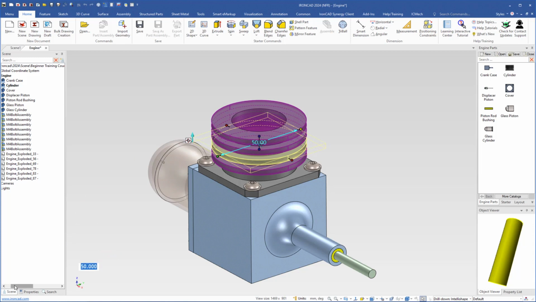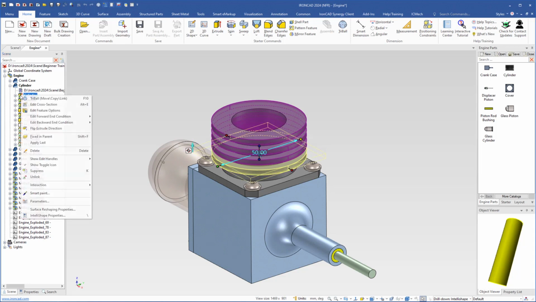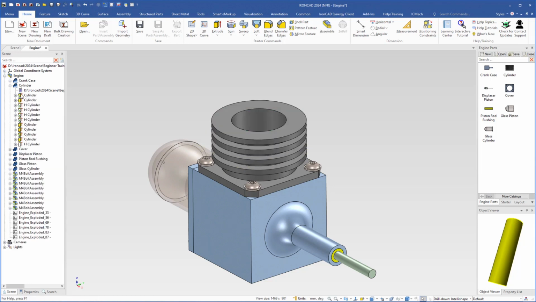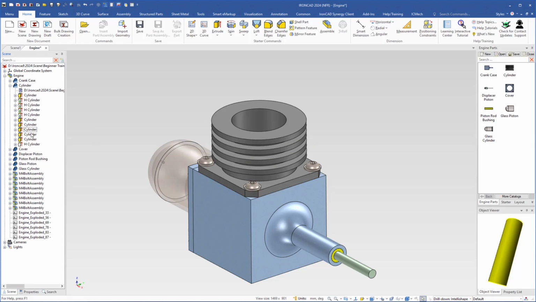If I now come over to the scene browser, expand this cylinder, we see that all the cooling fins are linked. So I will right click the first one here and go to unlink, and I will do the same with the others, like so. And now I will Alt left click this second cooling fin, and here I will change the diameter